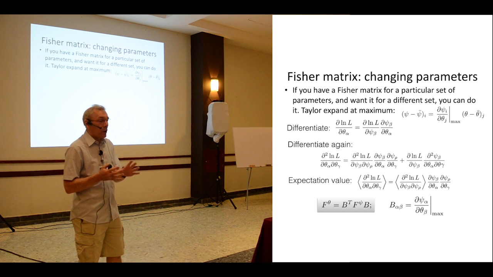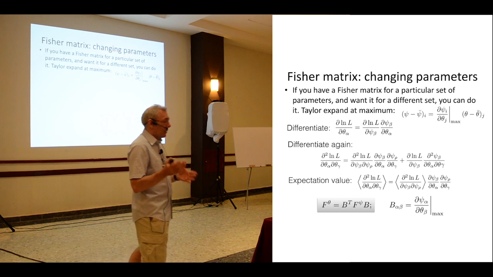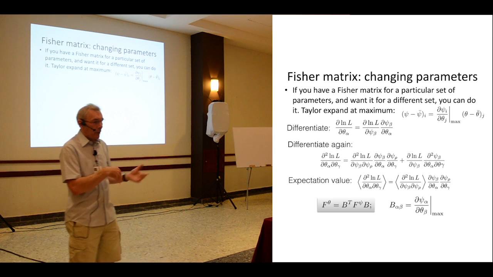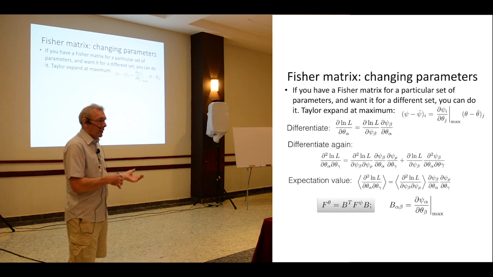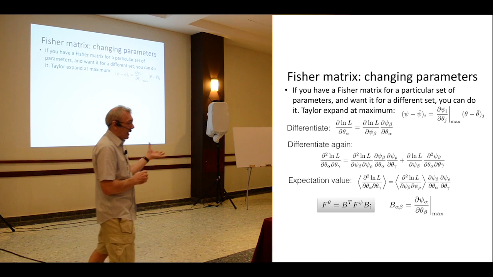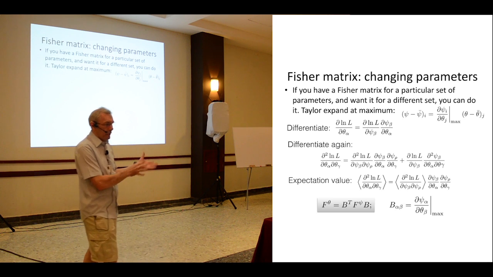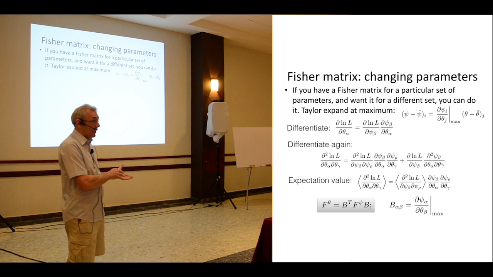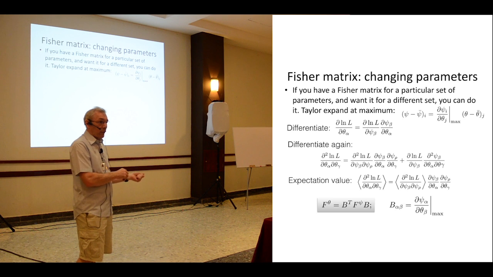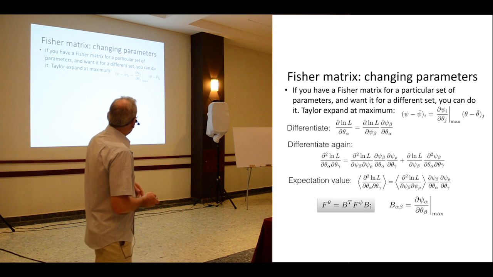Okay. So those two are not quite proportional to each other because, well, they are proportional to each other if you keep everything else fixed, but sigma 8 has some dependence on the shape of the power spectrum, so it also depends on omega matter and so on. So there is a transformation from A and omega matter and so on to sigma 8. So sometimes if you're given a Fisher matrix, say in terms of CMB parameters, but you're doing an experiment in large-scale structure, you may want to transform your variables from A to sigma 8. So how do you do that? Well, we can do